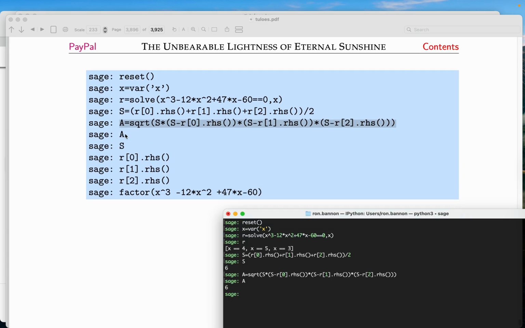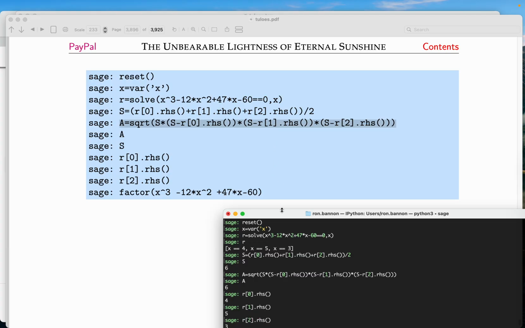All right. So over here, the rest of the code is just me displaying A, displaying S, displaying R0. Right-hand side. That's 4. If I want to do R1, I'm going to use the up arrow to do that. Type over the 0, make a 1. I get the 5. And if I did R2,